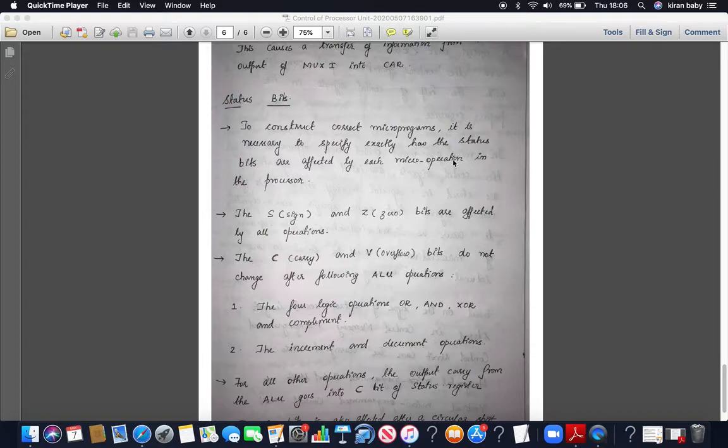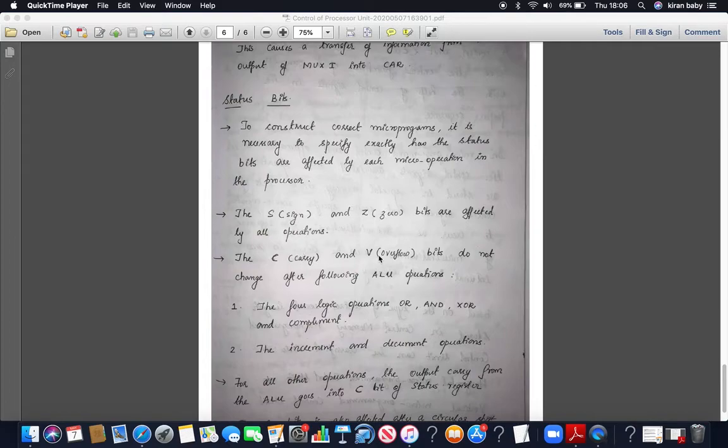We need to specify it correctly for the microprogram to run correctly. We have found that the sign flag and the 0 flag are affected by all operations. So irrespective of any operation being done, the sign flag and 0 flag are always affected.